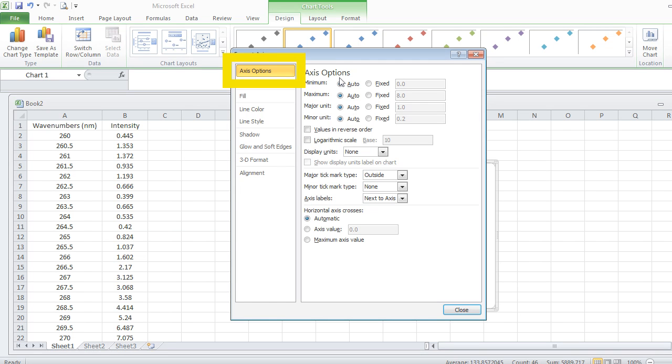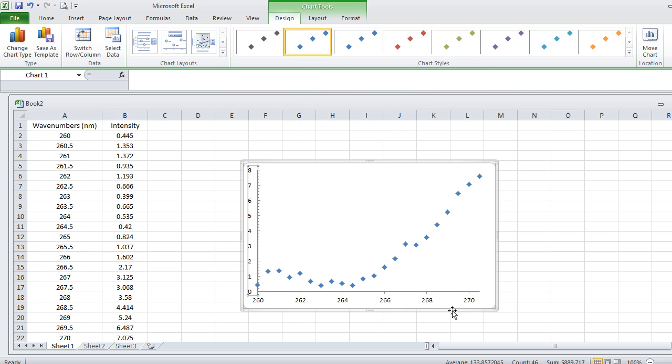Here, under Axis Options, we're going to change the tick mark. We have our major tick mark. Let's change that to pointing inside. And we have a minor tick mark. Currently, it's set to none. Let's also change that to inside. Now click Close. Now we see that we have both a minor and a major tick mark on the y-axis